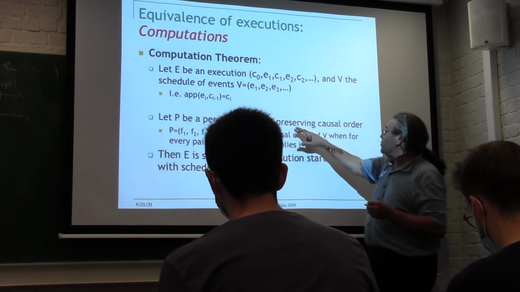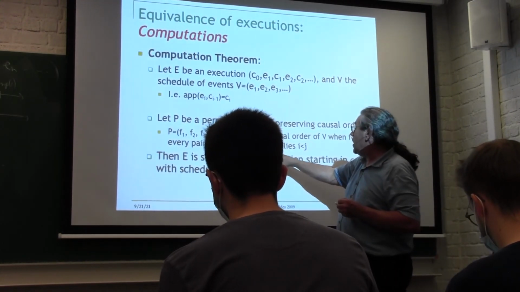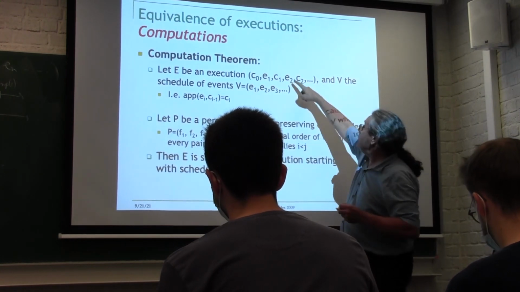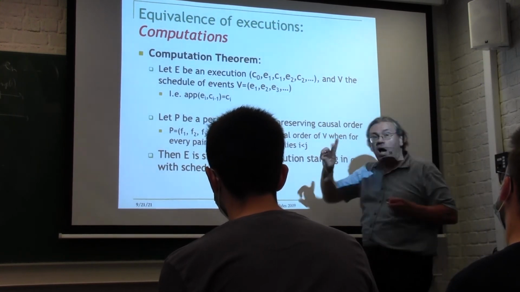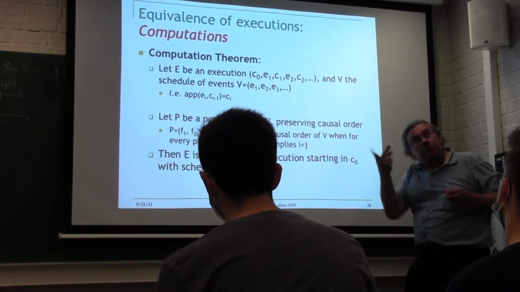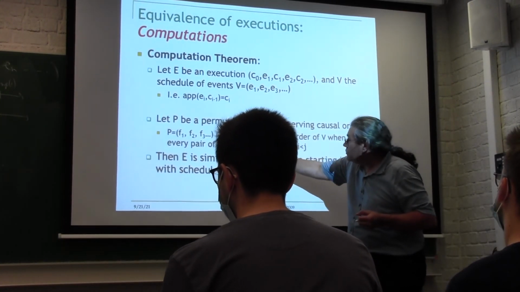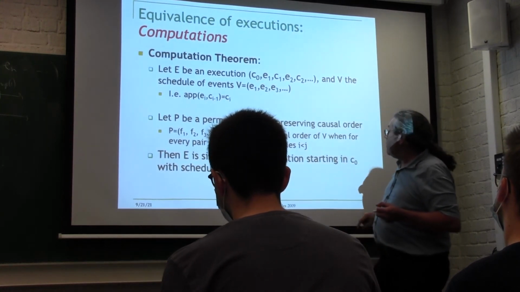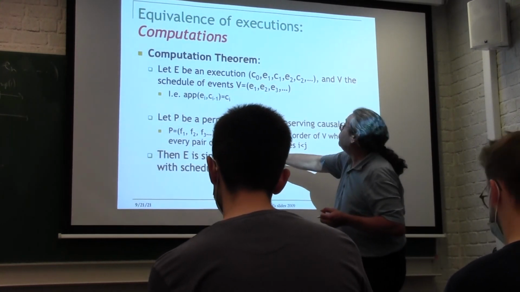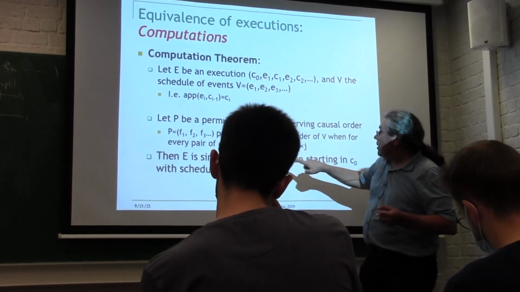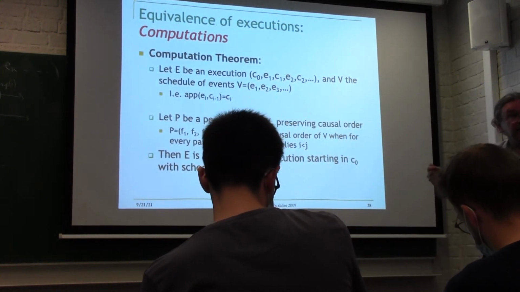So what does that mean, it preserves causal order? Well, we say this. If Fi happens before Fj, then in E, i is actually before j. That means we're not flipping time, in fact. If Fj depends on Fi, so if Fi happens before Fj, that means this happens-before relation is coming from here. That means that there's a causal connection between the two, causality, like in the real world.